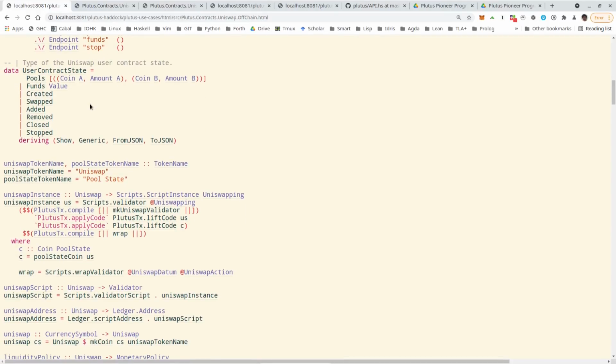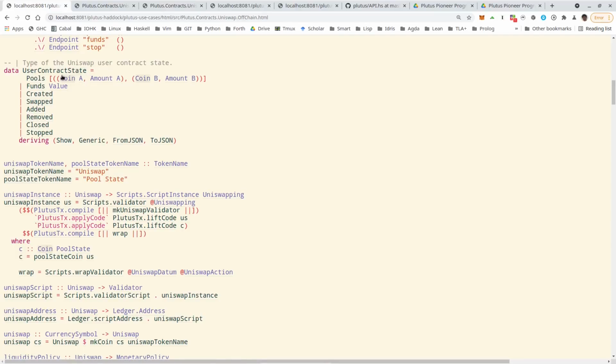We make use of the state mechanism, so of this monad writer mechanism that is accessible via tell. And basically for all the user operations, we have our own state. We call it user contract state. So there will be a helper contract that queries for all existing pools. So then the state will be using this pools constructor and return a list of pools.